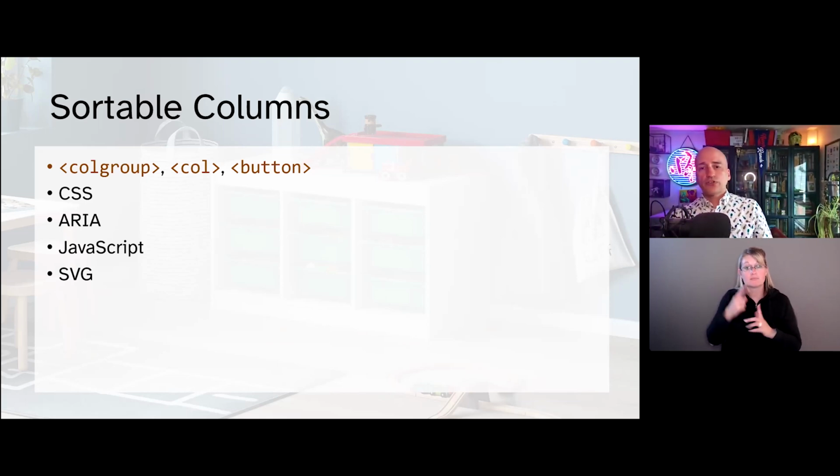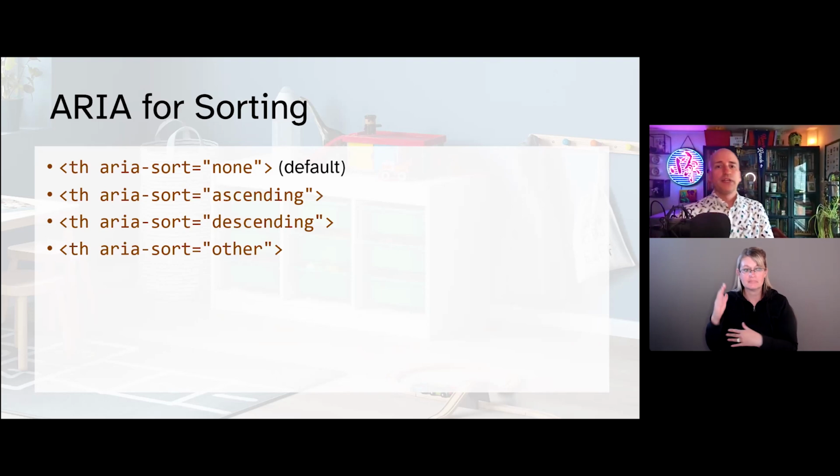In this case, the ARIA sort property does all the work for us, so we can use it as a styling hook as well. A button in the column header is what we're going to use to trigger the sort, and I use SVG images for the visual sort indicators, partly because they scale nicely and they're incredibly small. Now, because this is only an hour talk, I'm going to breeze through this at a high level. See if I can pull it off.